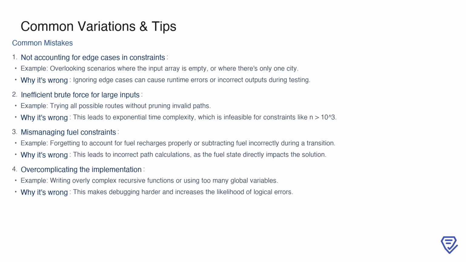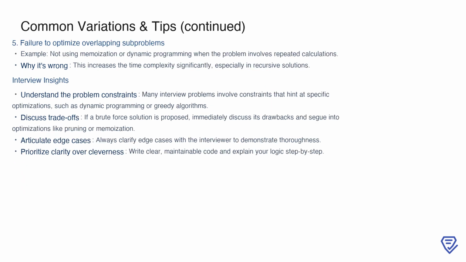Mismanaging fuel constraints is another issue. This could involve not properly handling fuel recharges or subtracting fuel incorrectly during transitions, which directly impacts the accuracy of your path calculations. Lastly, overcomplicating the implementation can create unnecessary challenges. Writing overly complex recursive functions or relying on too many global variables makes debugging harder and increases the likelihood of logical errors, so simplicity and clarity are key here. Another critical mistake to avoid is failing to optimize overlapping subproblems. Often, recursive solutions involve repeated calculations, and if you neglect to use memoization or dynamic programming, the time complexity can